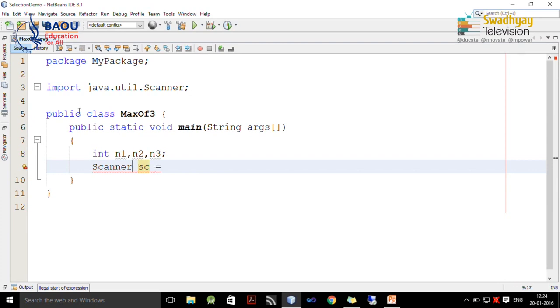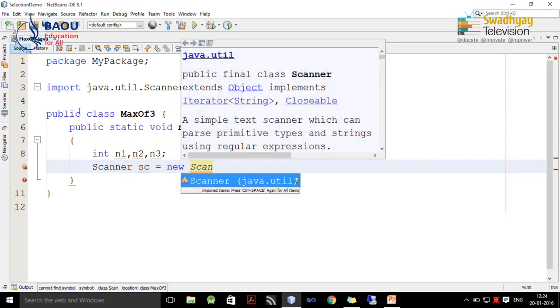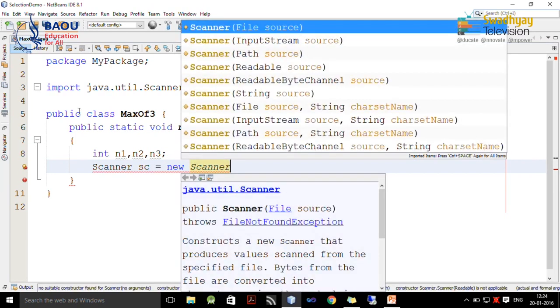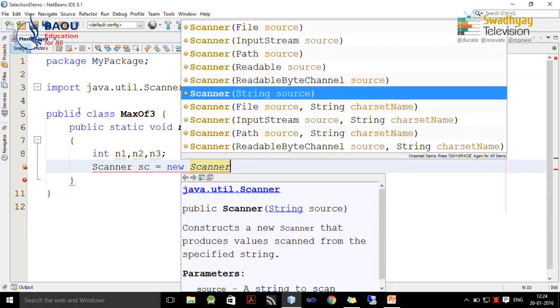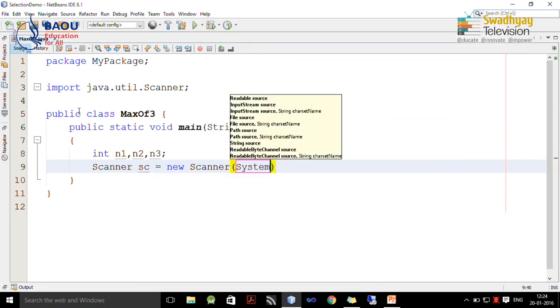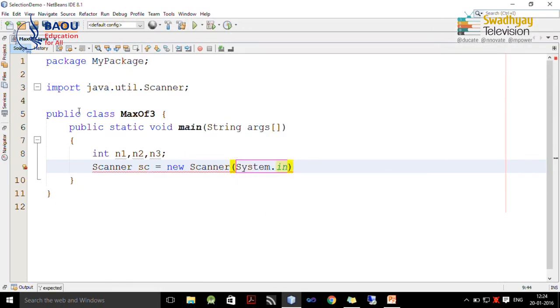So, scanner is a class, sc is the object, and here you have to create instance or object by using new keyword, new class name, and here there are various sources from where you can read input, but we are going to read from keyboard. So, I write down System.in.